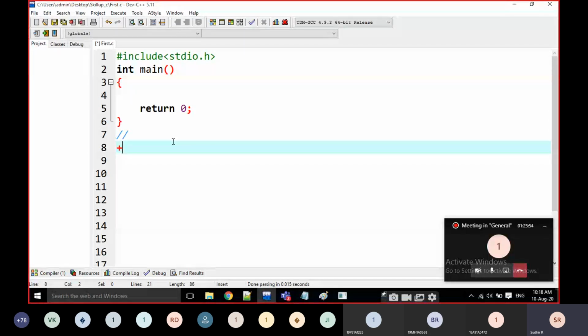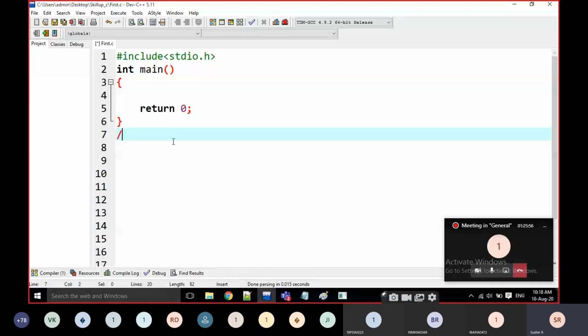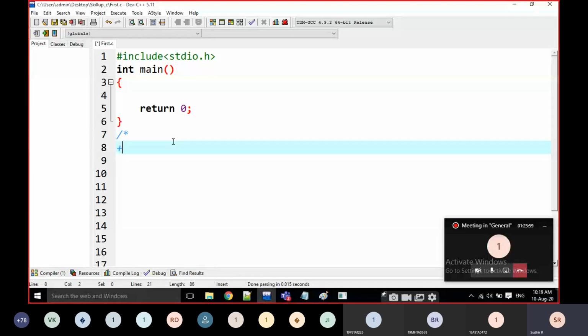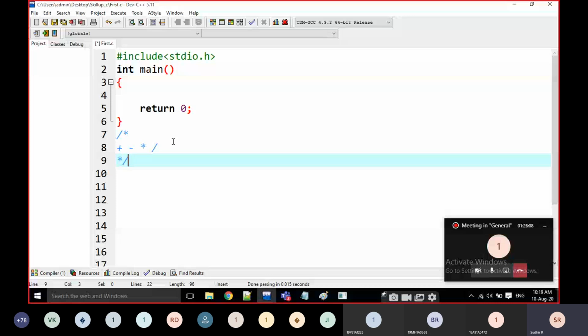First one is arithmetic operators. That is addition, subtraction, multiplication with the star symbol, division, and one more thing, modular division. These are the arithmetic operators in C. Note down everyone.